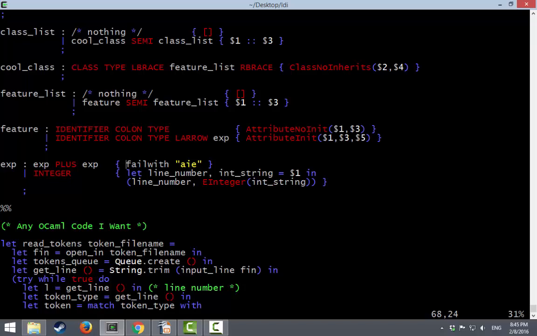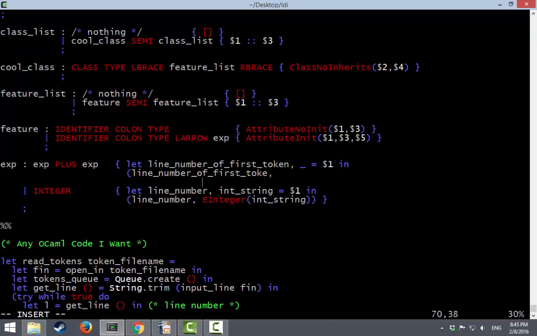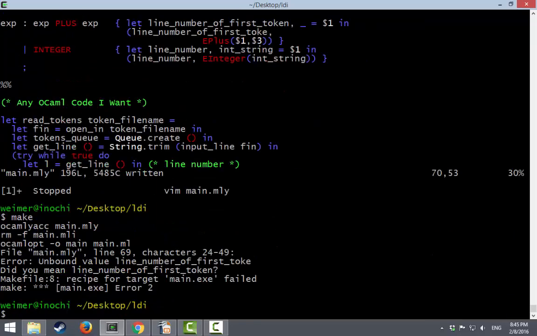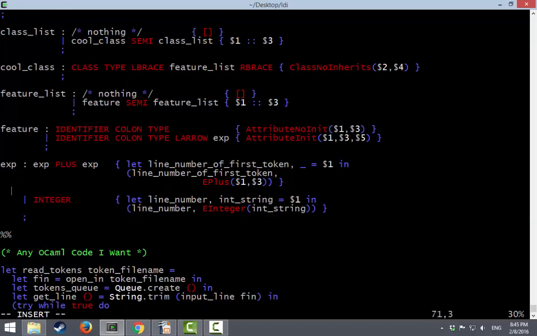Getting closer. All right. And now for expression plus expression, the line number of first token, and then something else is number 1. And we're going to return the line number of the first token, followed by an e plus constructor of number 1 and number 3. You're going to be okay with that, OCaml? First token, that would have a different meaning. All right, so this time it's okay. So I'm not sure exactly what the typo was before. But